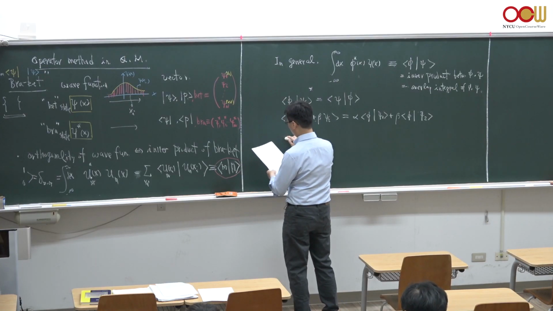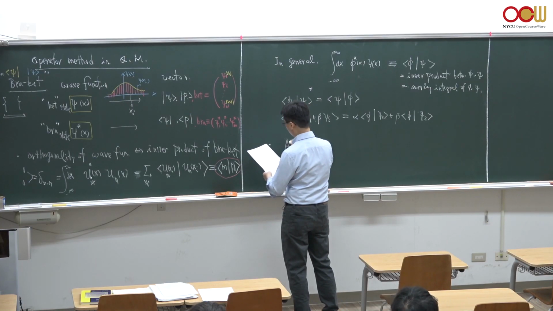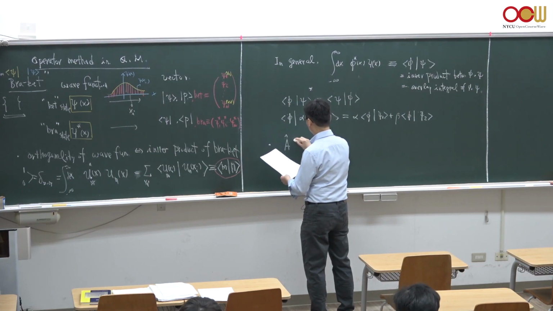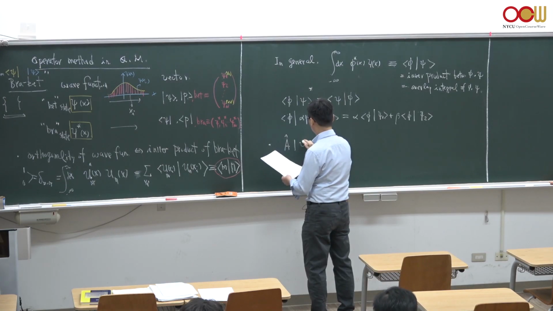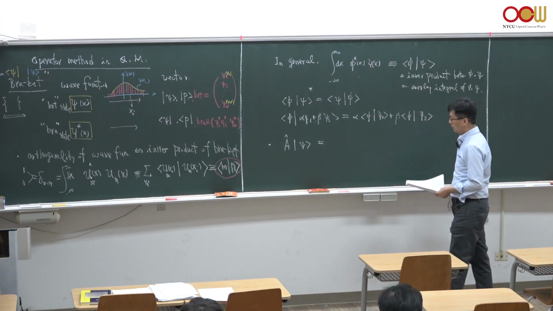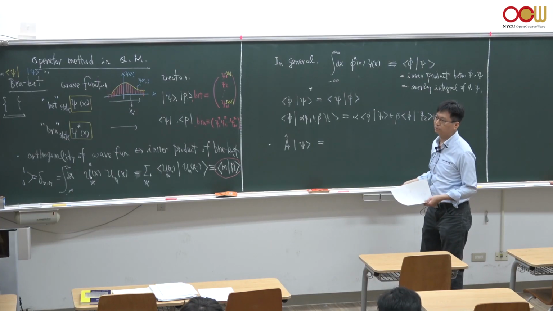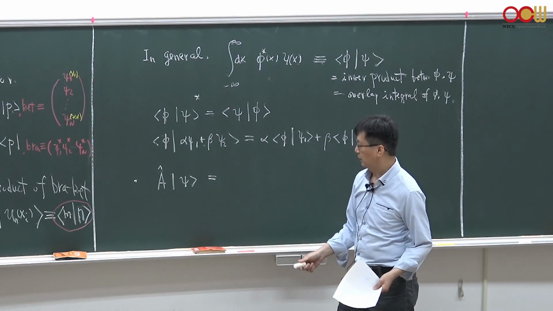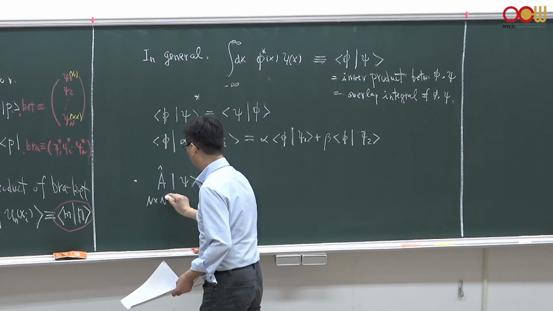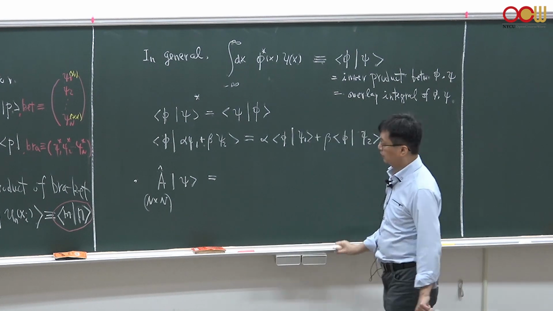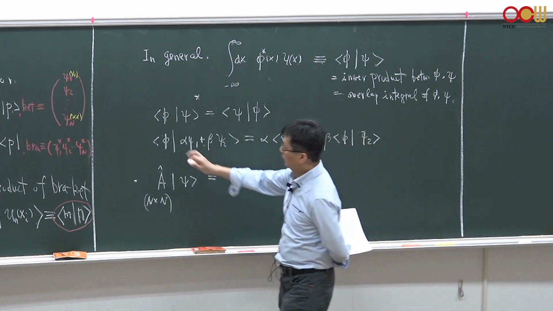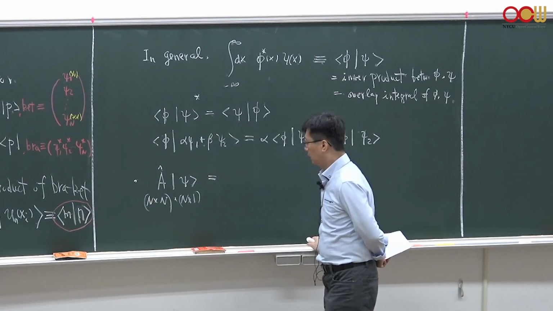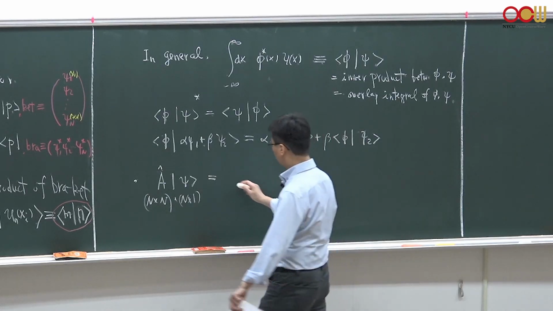So you may just consider the operation of a quantum state by operator A in Dirac notation, right? So remember, as we defined earlier, the quantum mechanical operation is nothing but the matrix product, right? So any quantum mechanical operator could be represented by an n by n matrix, right? But this Dirac ket psi is an n by 1 column matrix, right? So the product of n by n and n by 1 reports to you an n by 1